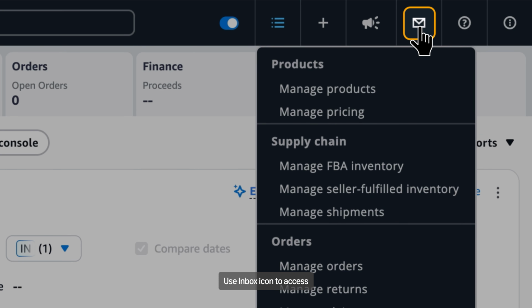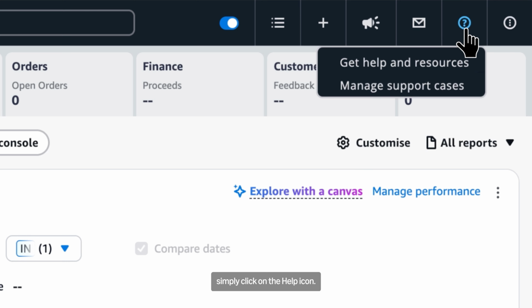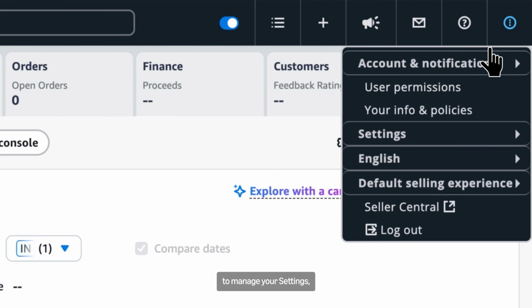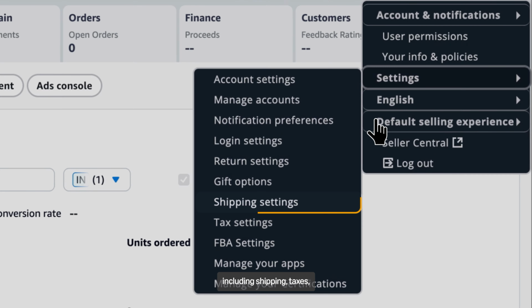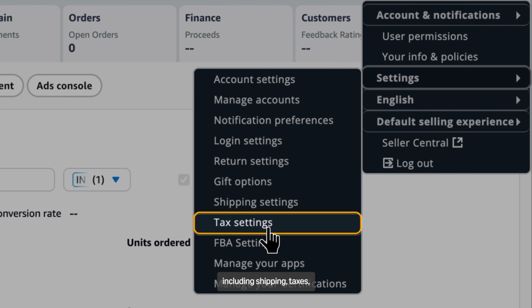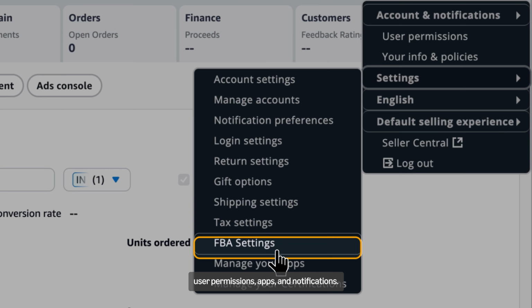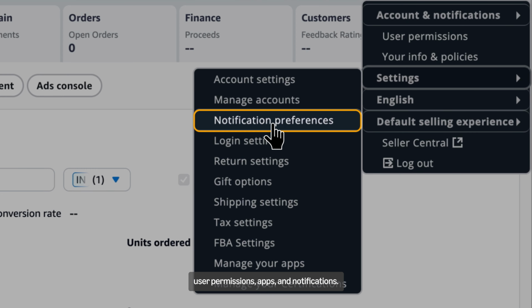Use the Inbox icon to access and respond to buyer messages. To get in touch with the seller support team, simply click on the Help icon and click on the three-dot menu to manage your settings, including shipping, taxes, user permissions, apps, and notifications.